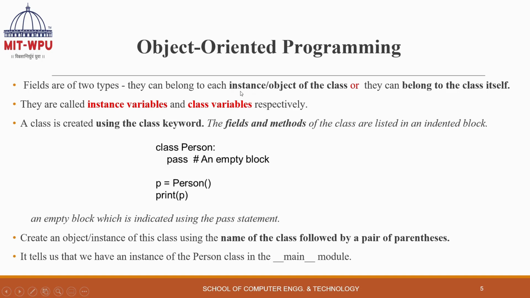The fields which belong to a class are of two types. Fields are nothing but the variables of a class. Variables that belong to an instance or object of the class are known as instance variables, and variables that belong to the class itself are known as class variables. There are specific differences between class variables and instance variables. So first try to understand the